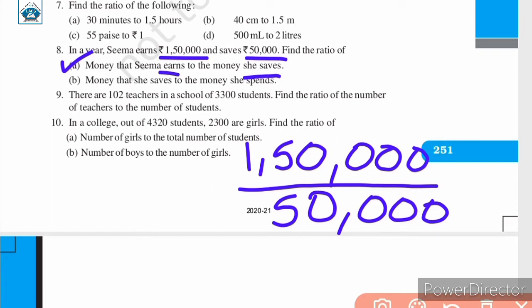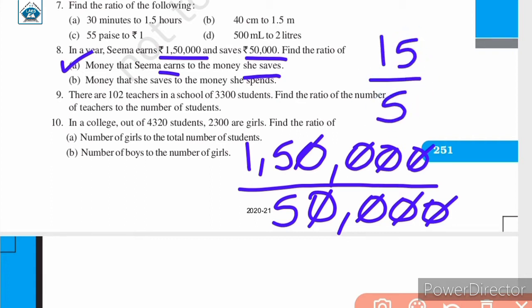So in this case, if you want, you can cancel out the zeros. Here 4 zeros can be cancelled. So here we can divide by 10,000. Apart from this, you can see that this is now 15 upon 5. So here we have the HCF of 15 and 5, that is 5 itself. So here we can divide by 5. We get 5 3s are 15 and 5 1s are 15.